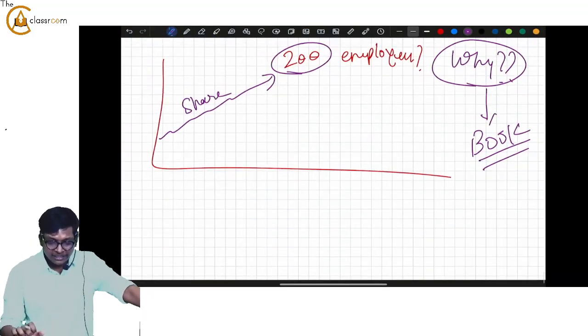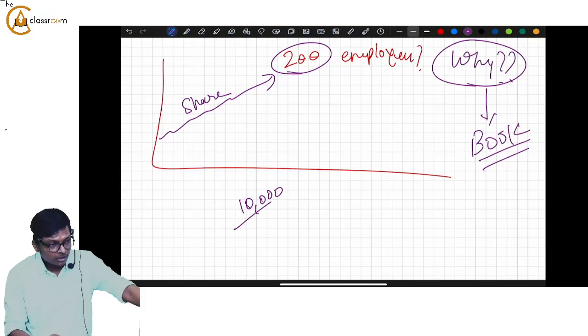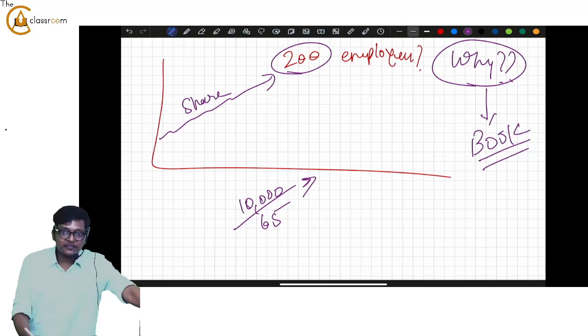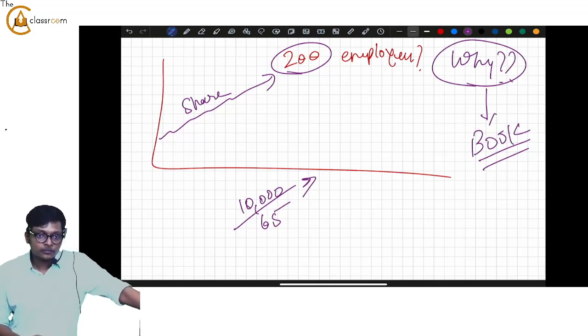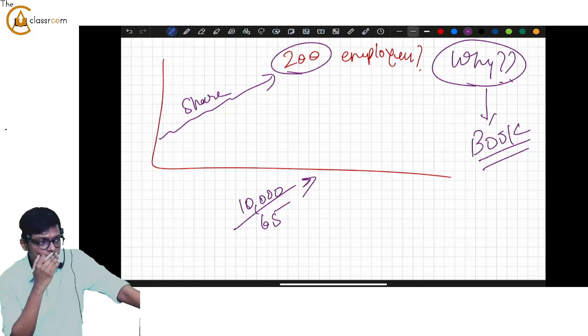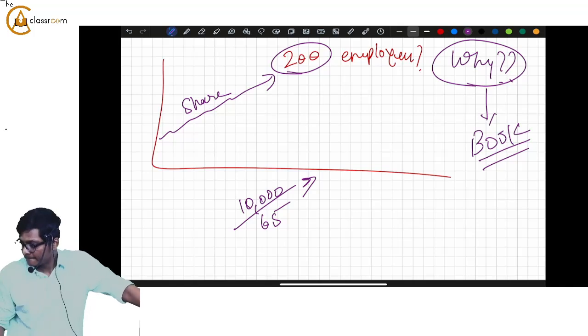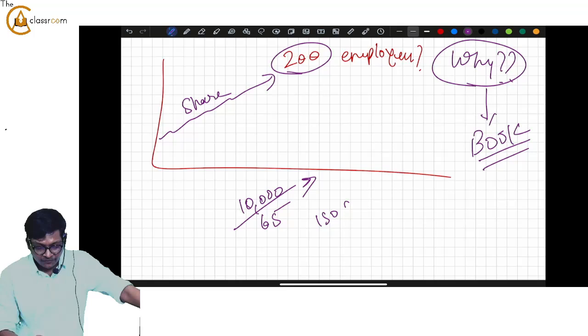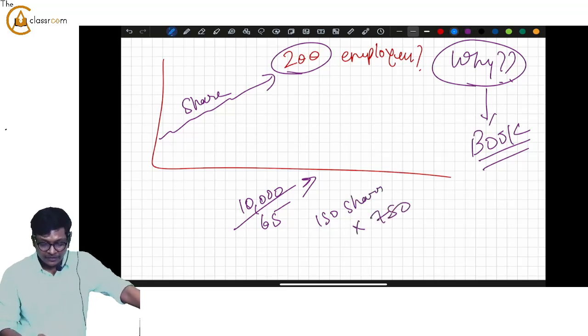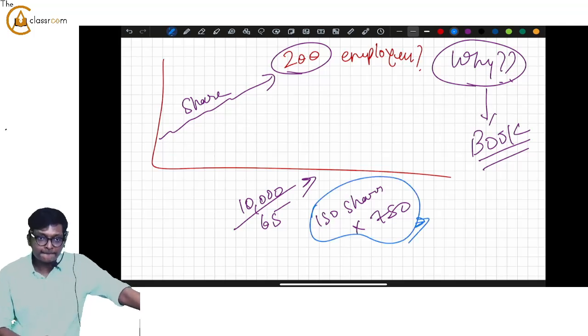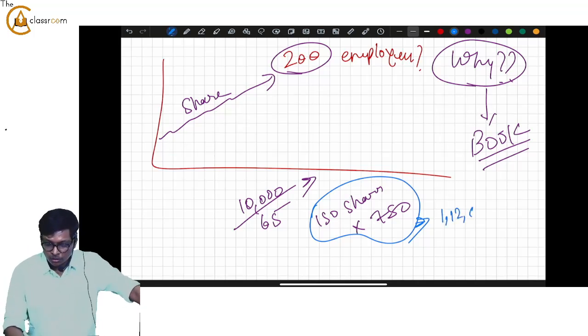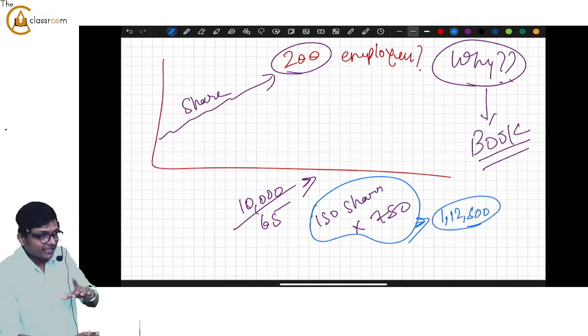Okay. That means, let's say you had 10,000 rupees. If you purchase one share for 65, how many shares will you get? 10,000 divided by 65. How many, guys? Fast. 10,000 by 65. Approximately 150 shares, take it, guys. Now how much is one share? 750 rupees. Multiply 750 into 150. How much are you getting? 1,12,000. That means in COVID, if you purchased the Tata Motors shares for 10,000 rupees, now it would have become